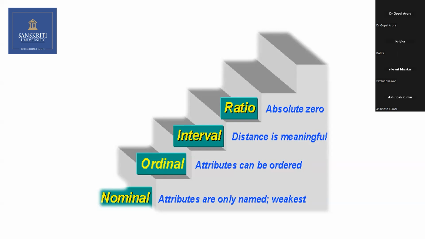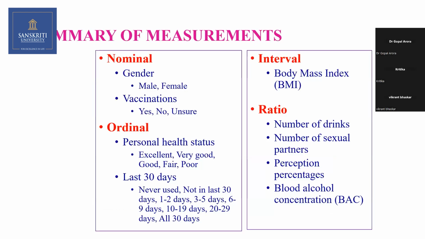The interval is, for example, the temperature. Okay, 30 to 40, 40 to 50, 50 to 60, like this. Interval is there. That is it. One interval is given. Then the ratio has an absolute zero, either area, production, or temperature, relative humidity, rainfall, all things. So usually we can use all statistical tests for interval and ratio, not for the nominal data.